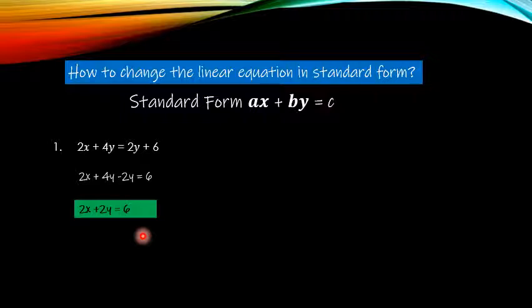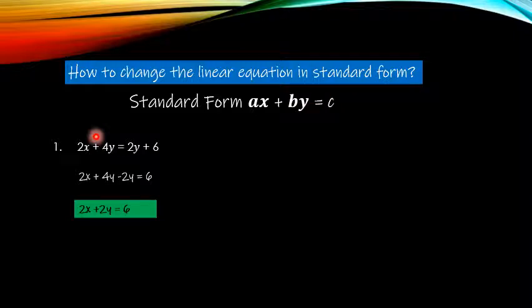Let's go on with number 1. What happens to this one? 2x plus 4y. In the standard form, the x and y are on the left side, and the constant is on the right, after the equals. So we have another y here, and we need to put it on the left side. But how? Using the